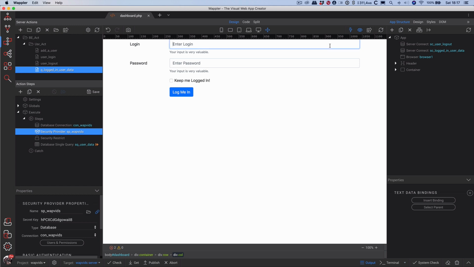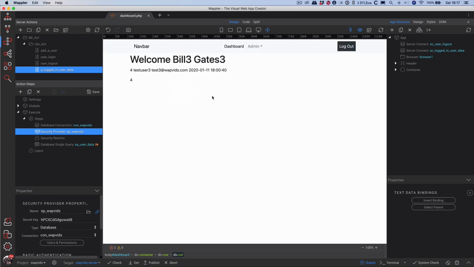So it would log you out. In which case you could go test user 3, test password, keep me logged in, and log me in, and it would redirect you back to the exact same spot as your dashboard, which now actually shows you the data,